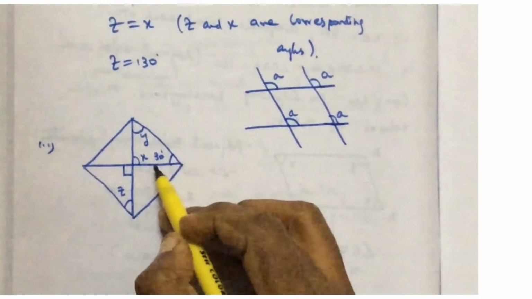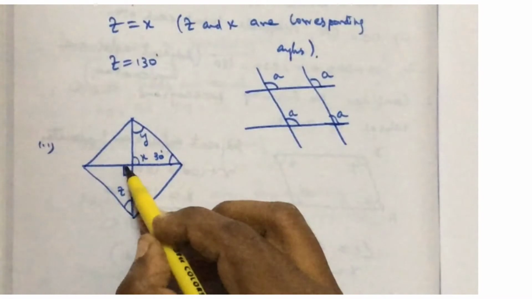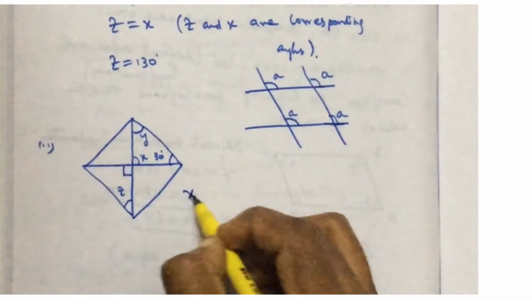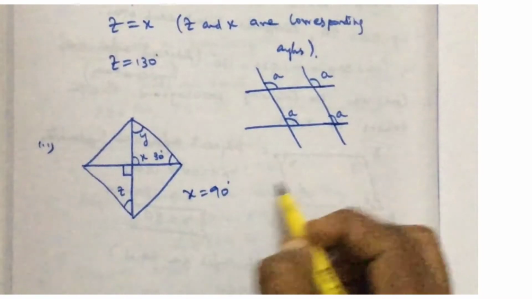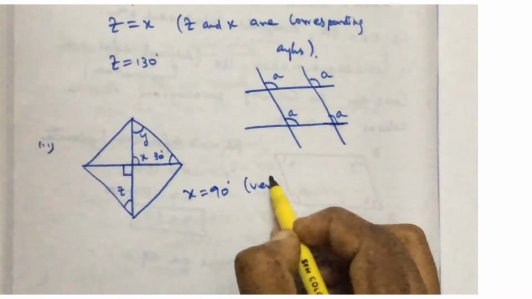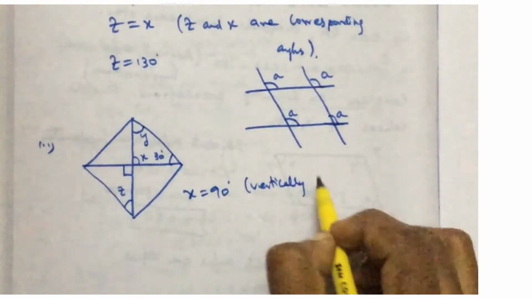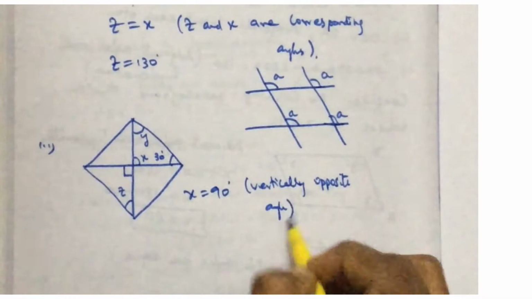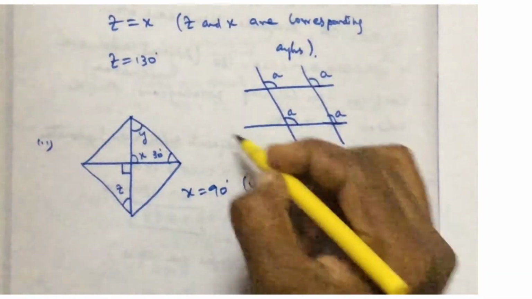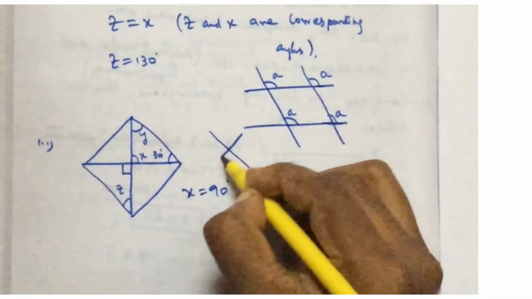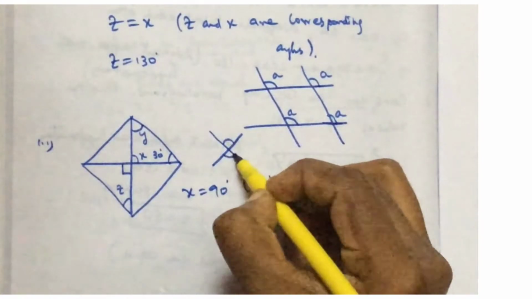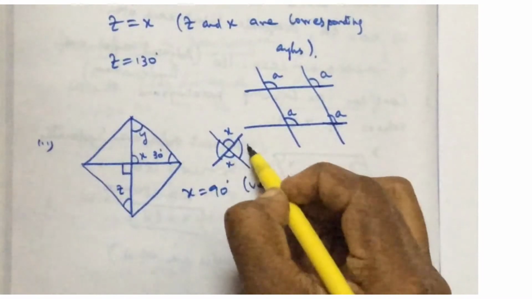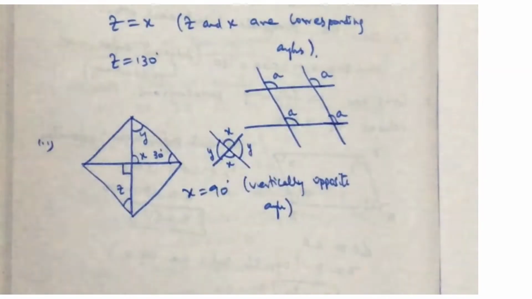First let me write what is this X. If you see this symbol like this, it means this is 90 degrees. So, I will say X equal to 90 degrees. Y, I am saying vertically opposite angle. What is vertically opposite angle? If there are two lines crossing each other, this angle is equal to this. This is X, this also will be X, and this angle will be equal to this. This is Y, this is Y. These are vertically opposite angles.